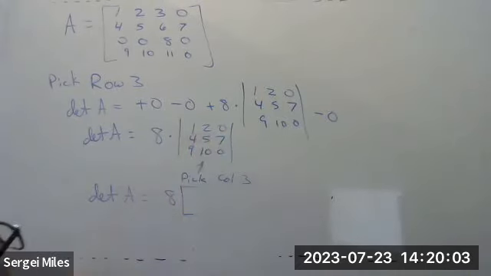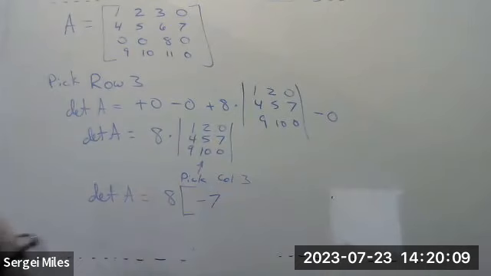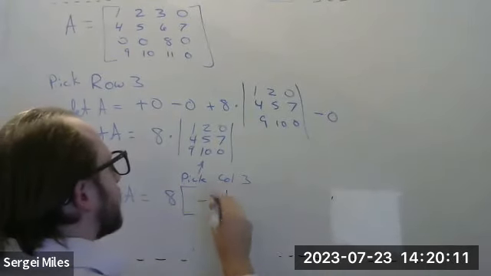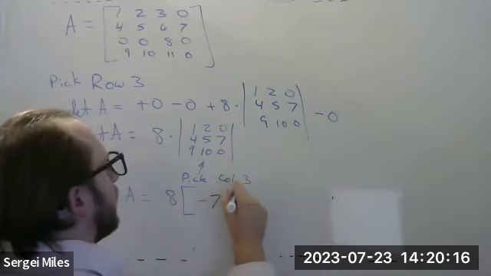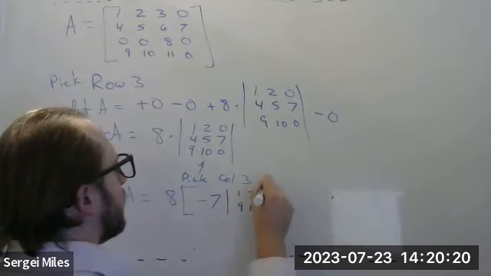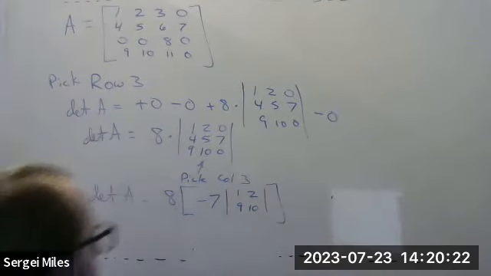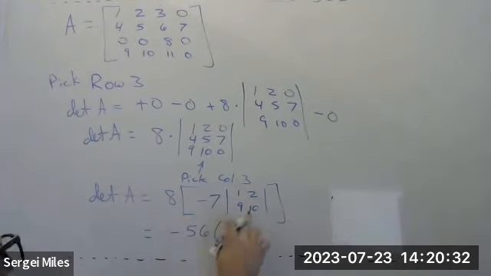Minus 7. Remember that plus minus pattern, right? So this is minus 7 times the submatrix. I'm going to cover up its corresponding row and column. So I have 1, 2, 9, 10, and no other pieces. So now what happens? Well, if I multiply the 8, I have a negative 56 times the determinant of this